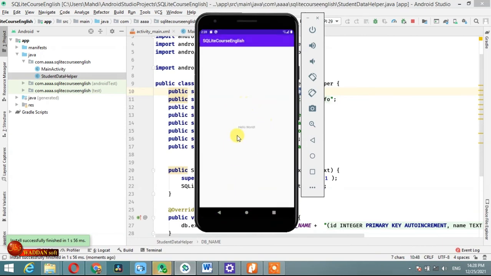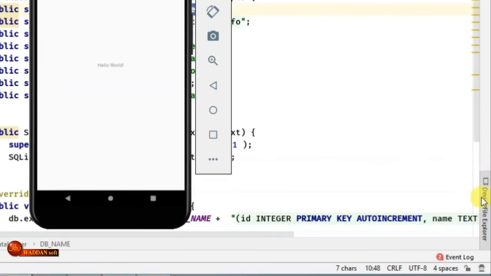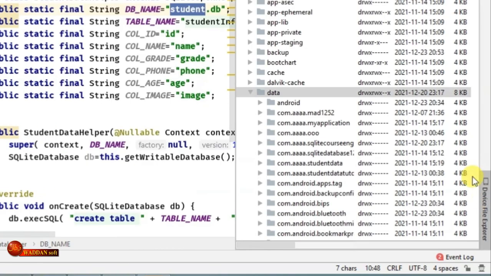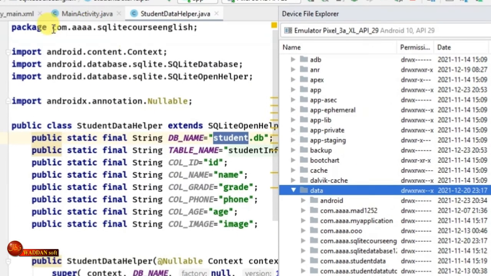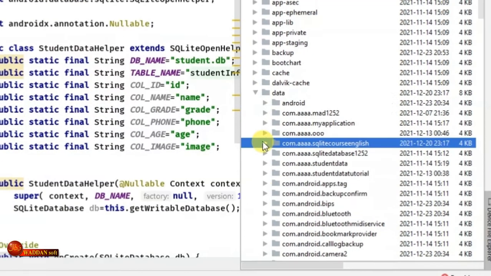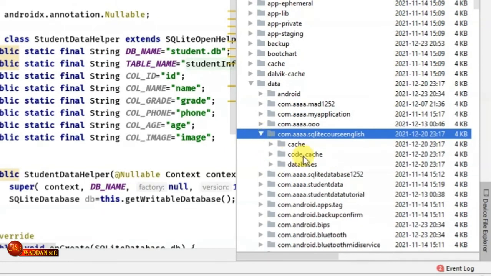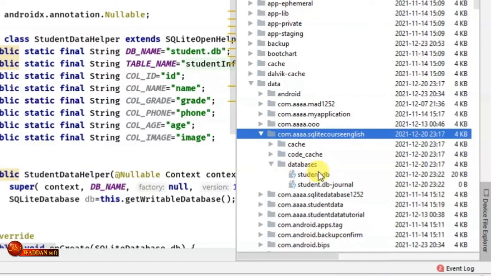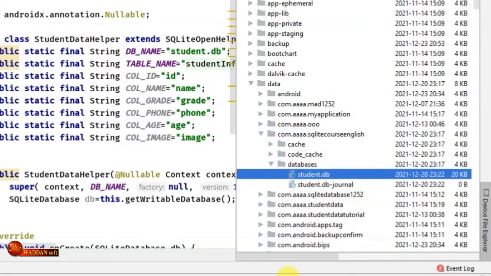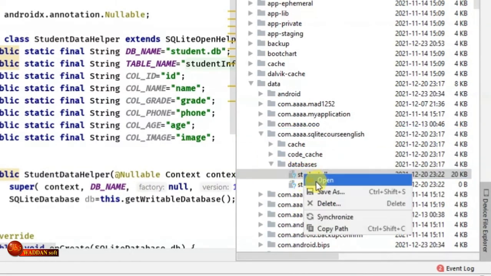Now the application is opened and it is empty, but inside the device it created the database. For example, here if we check the device file explorer, and if we look for the package name, and when we open it, we'll find that the database folder is created, and inside this folder we will find the database. When we save it to the PC,